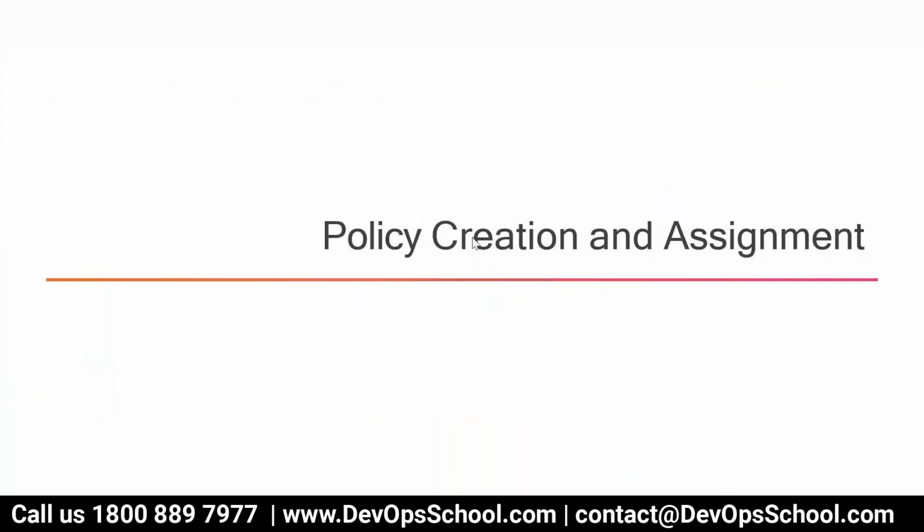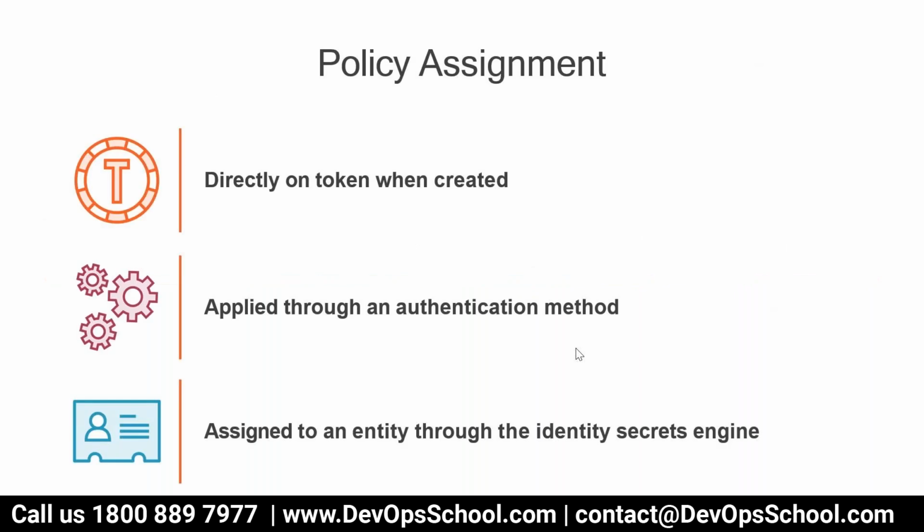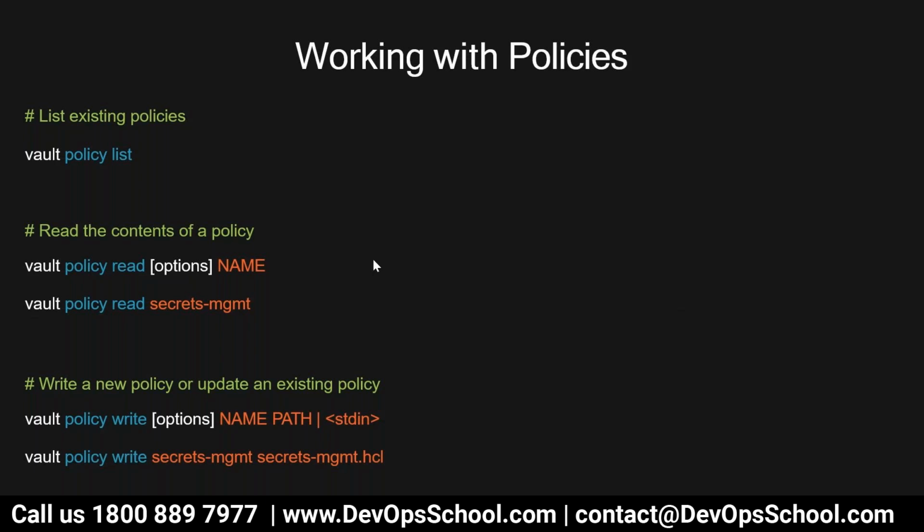So policy creation and assignment. Once the policy is created, how do you assign it? You can assign the policy directly to a token, during the creation of the token. That is one thing you can do. It can be applied through an authentication method also. It can be assigned to an entity through the identity secret engine also. So here, if you see that